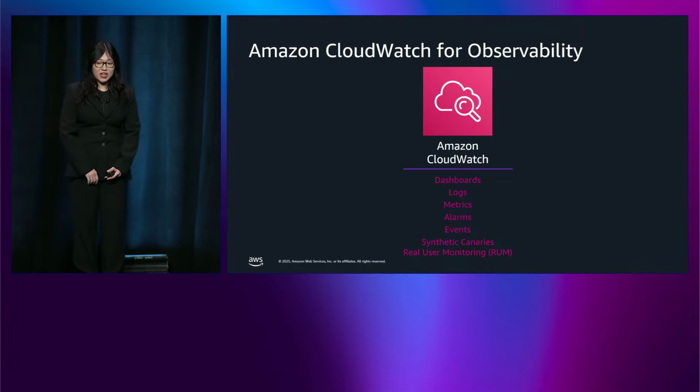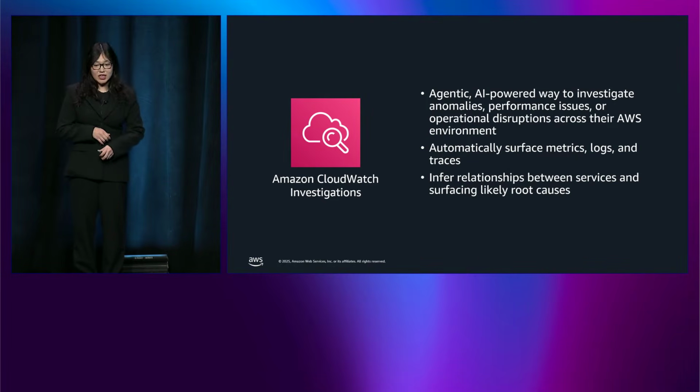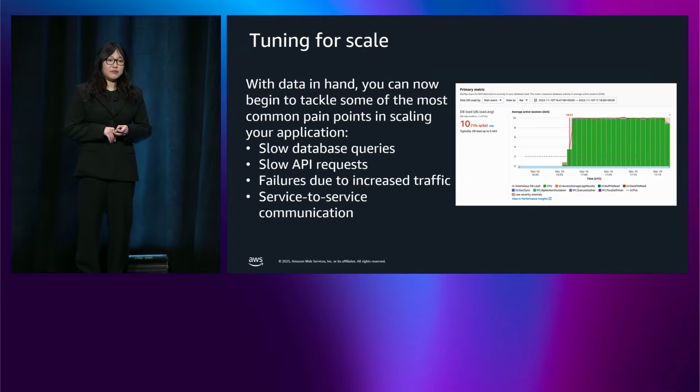It's built natively on AWS. You can measure CPU usage, latency, and request rates. We have something called real user monitoring that allows you to collect and view client-side data about your web application. And using the power of Gen AI, we have something called CloudWatch Investigations that allows you to quickly investigate and resolve incidents by surfacing relevant information. CloudWatch Investigations will take metrics, logs, traces, and other data to generate root cause hypotheses and actionable insights.